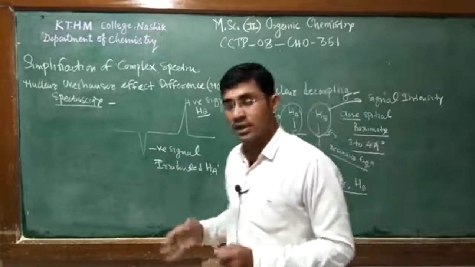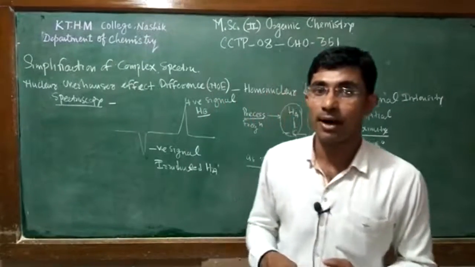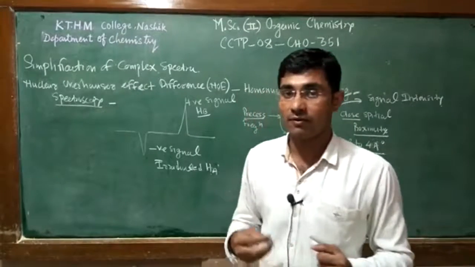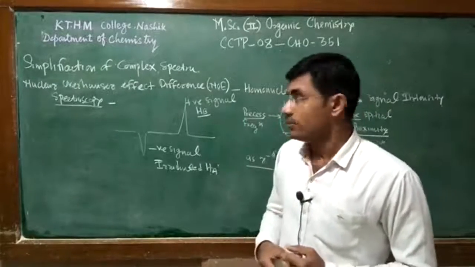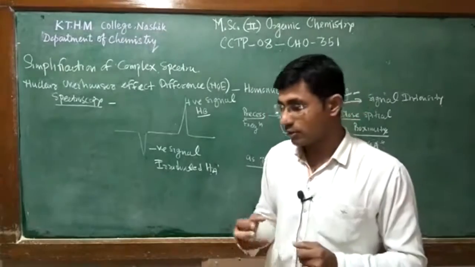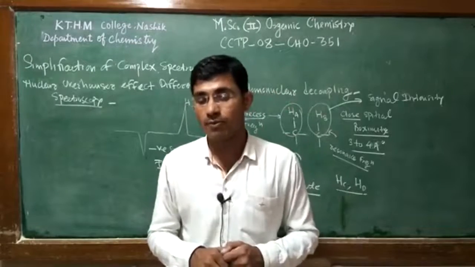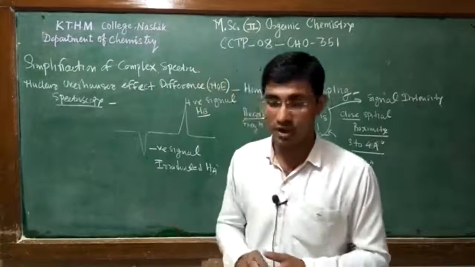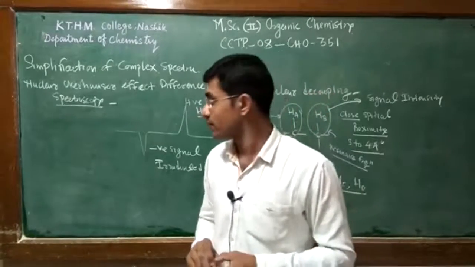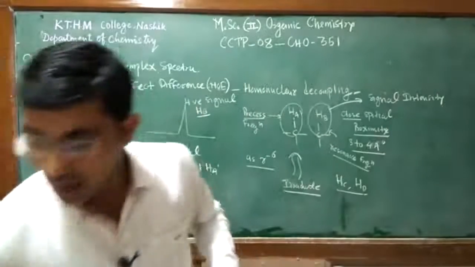So in this way, by the NOE method, we can easily distinguish the spatial location of the proton. We can find out whether our group is cis or trans. Also, whether in a bicyclic system a group is endo or exo. This type of problem can be solved with the help of the nuclear Overhauser effect. So to understand this concept, we consider the example of the ethyl methacrylate compound.